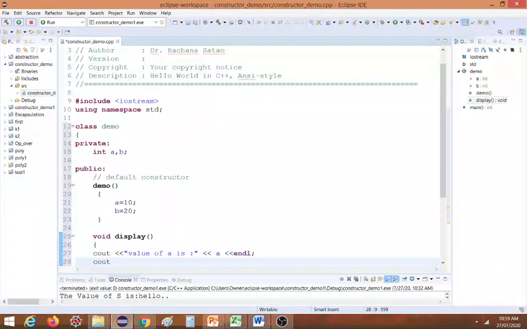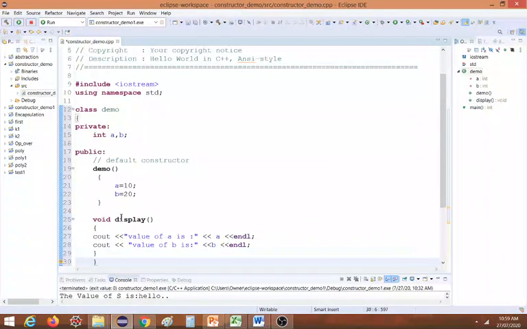Let us display the value of b: value of b is, and here we'll display b contents. As we are in a member function, we can access private members directly. So here I'm writing display a, display b, and then new line. Okay, so I am assigning 10 and 20 by the default constructor.